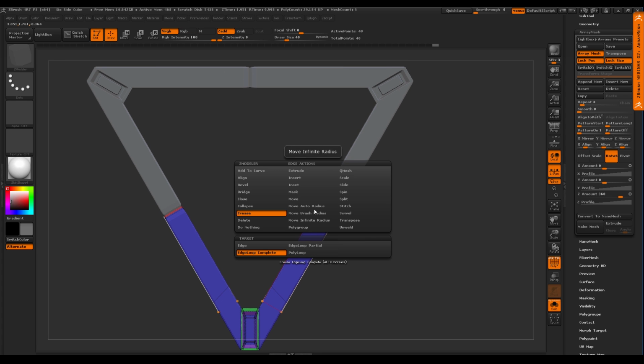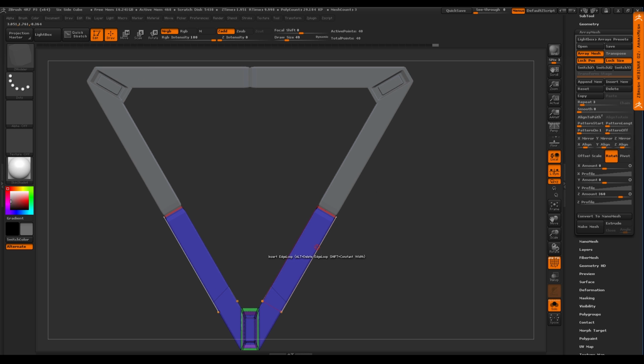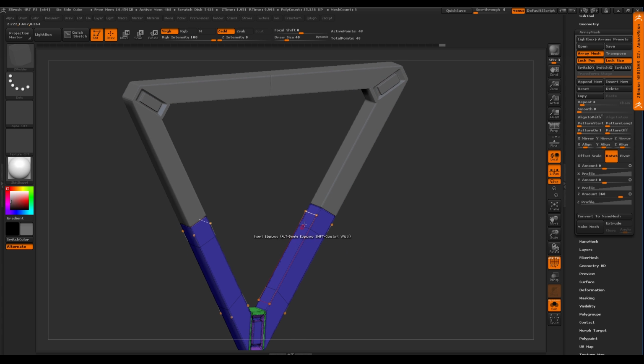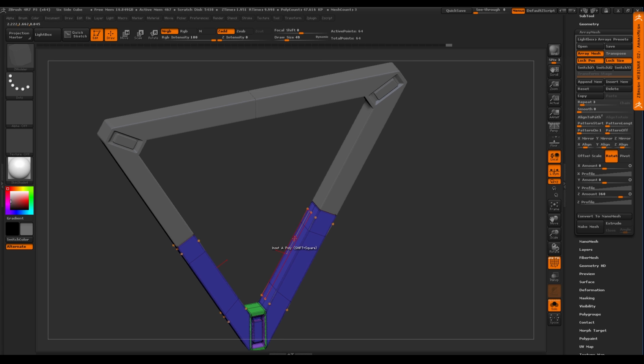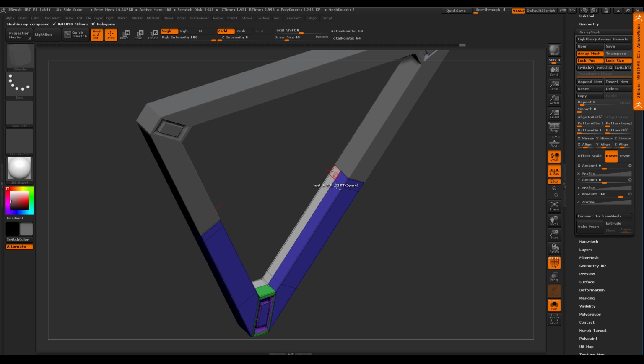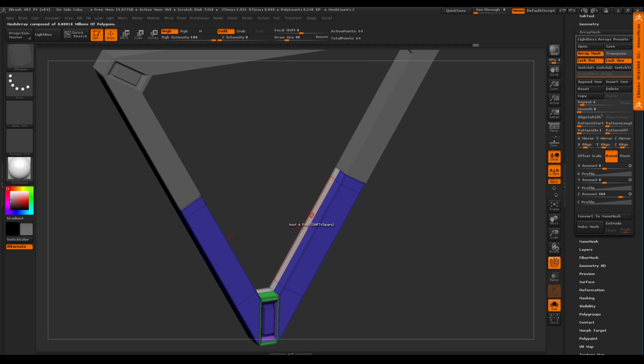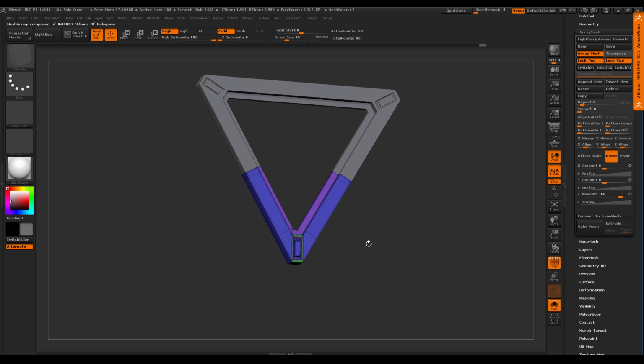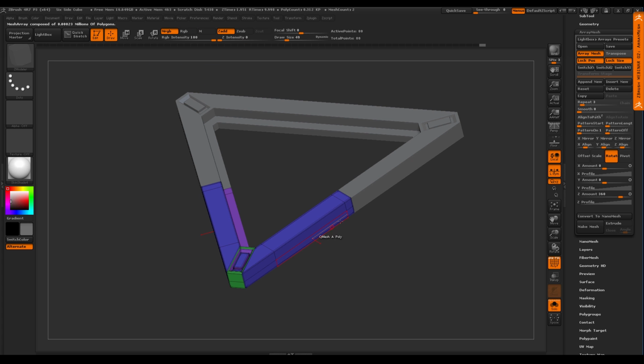I can say, you know what, now let's add an insert edge here, and let's maybe do something like this, and let's insert an edge through here, right? And then now maybe what I want to do is paint temporary polygroups. So again, I'll turn this off so you guys can see here. And in this edge, I want to Q mesh this out, and I can see it happening now everywhere. So this is how I started making that shape that you guys originally saw.